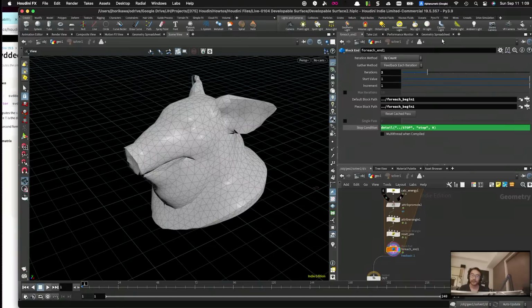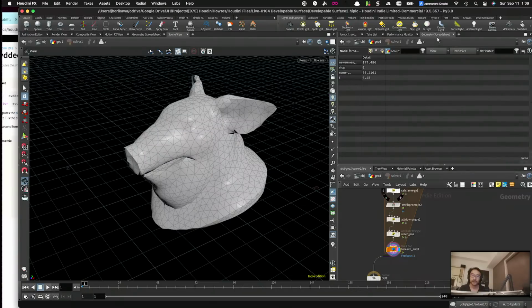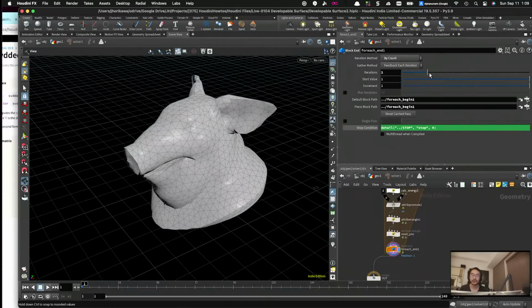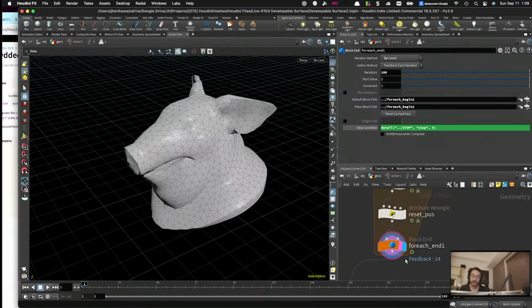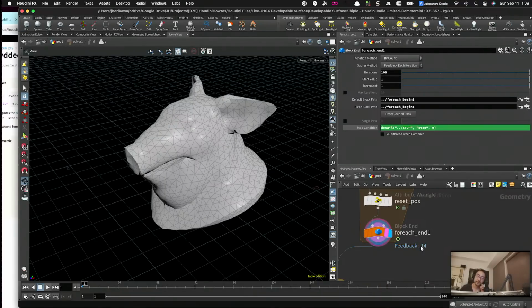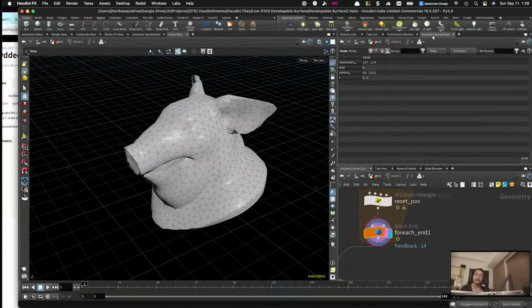By doing this, at some point you should see this stop becomes 1 and you get the best t value, at some point, hopefully. Let's increase this to 100 and see where it stops, and it says the feedback loop stops at 14, so that's the end of the loop. And that's when you have found the best t value,